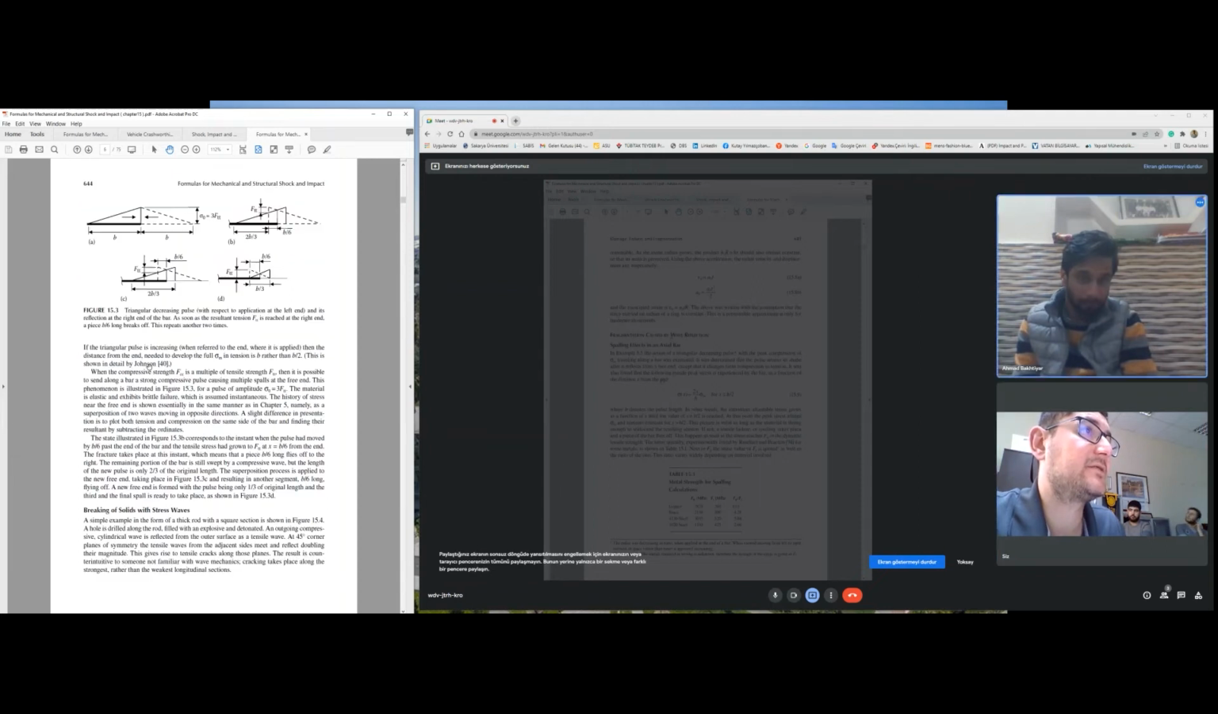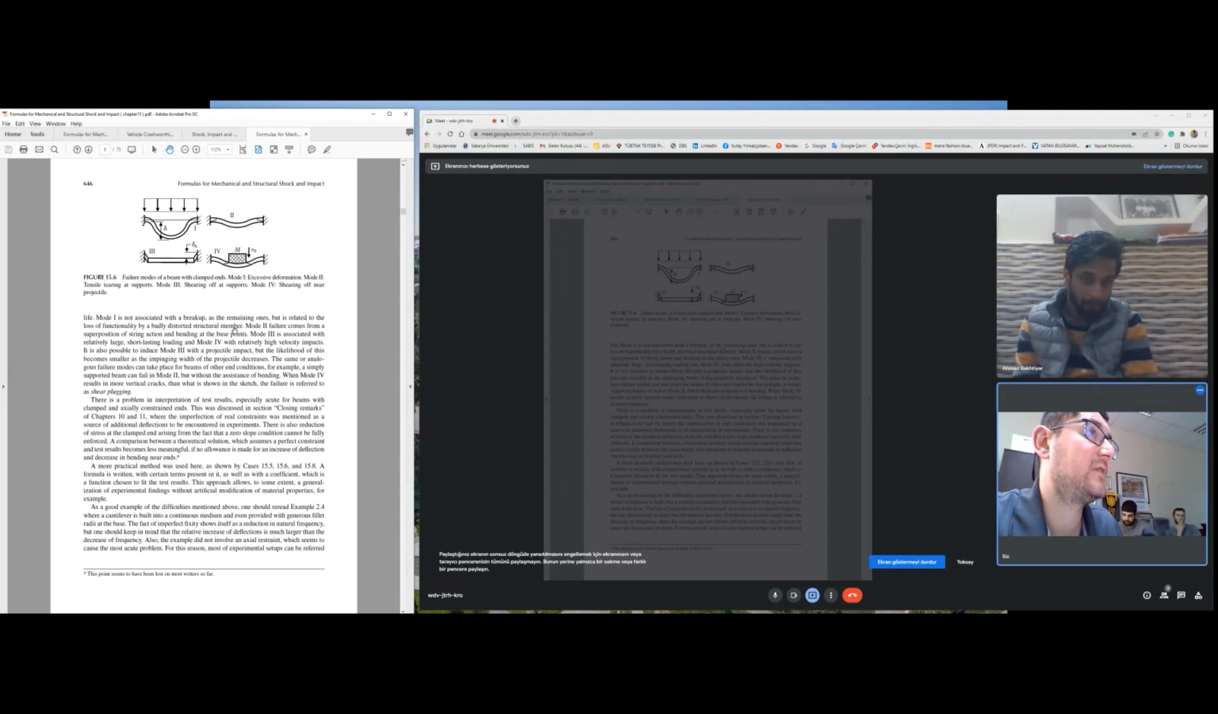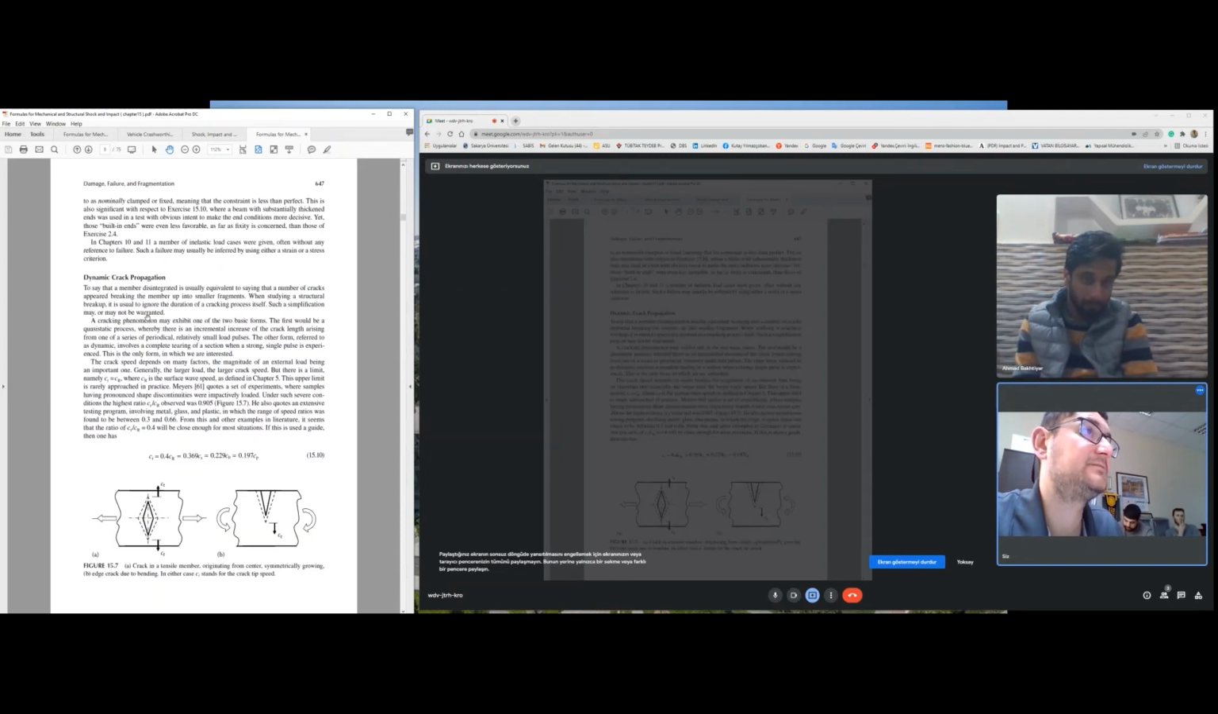Wave reflection, stress waves. This one is the important part for our study also. Failure of beams. You can talk about with this one. Crack propagation. Of course,